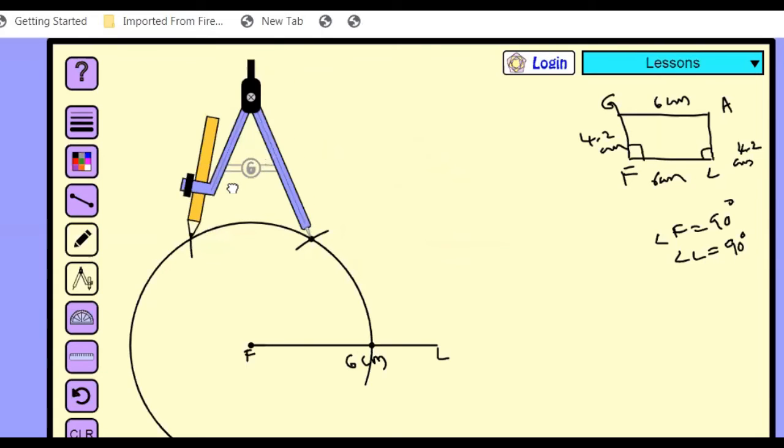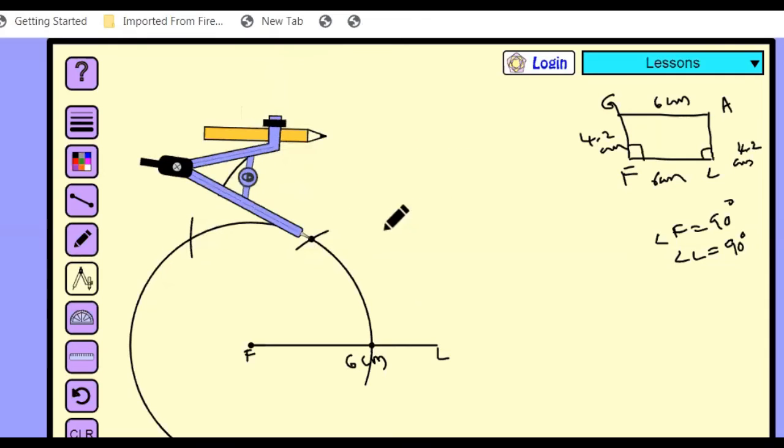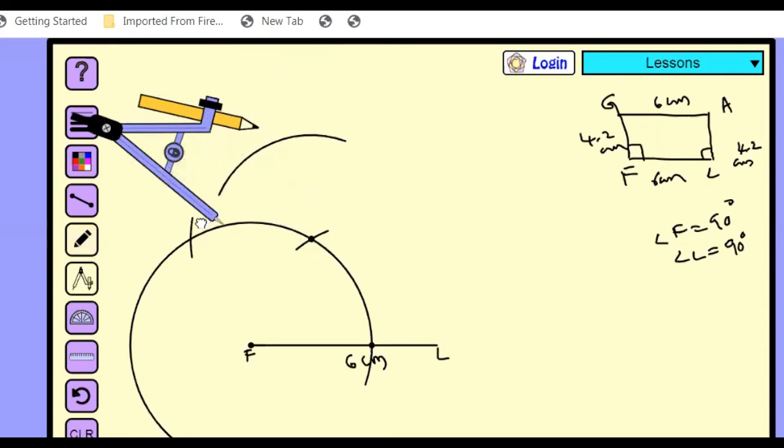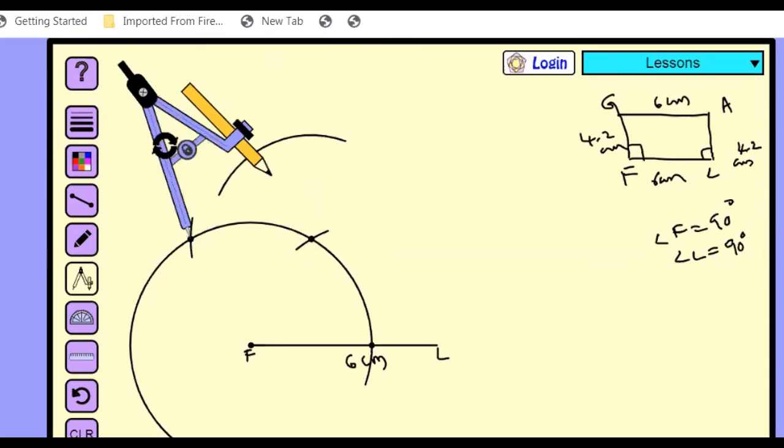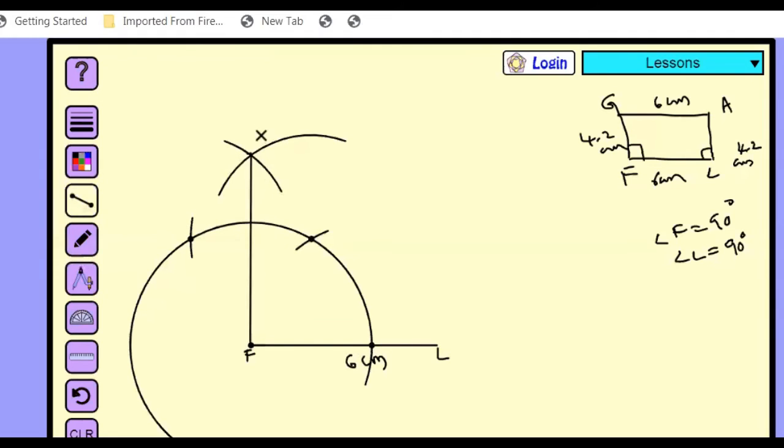So for that we should take the compass radius as more than half of the arc from 60 degrees to 120 degrees. Now lock this length. Now with the point of 60 degrees, draw an arc here. Next, with the point of 120 degrees, draw another arc which cuts the previous arc at 90 degrees. So now at this intersection point we are getting 90 degrees. Next, take the ruler and draw a ray Fx. Label it Fx, and label it here 90 degrees.